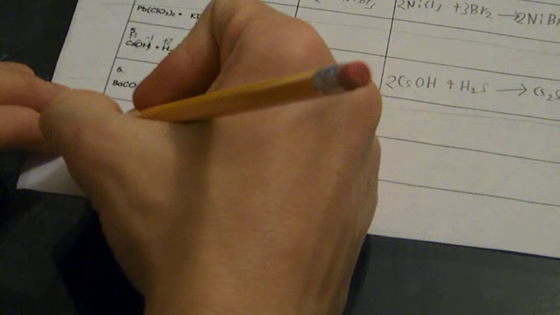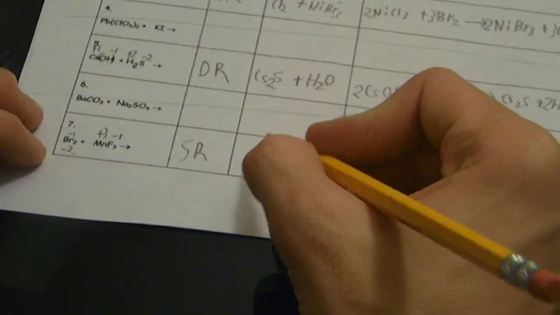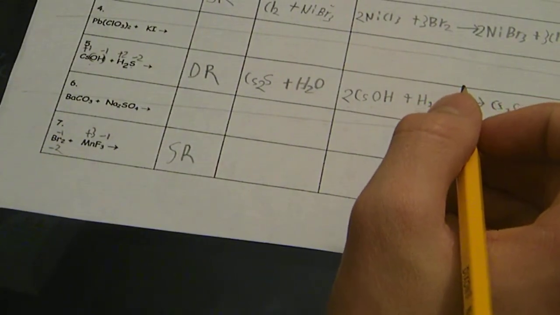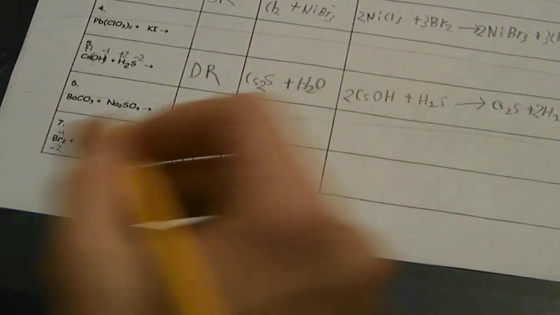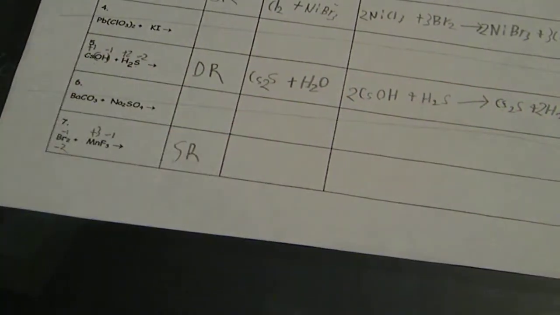Then Br is a minus 1 charge, but there's 2 of them, so it's going to be a total of minus 2. So then writing the products, so that's a non-metal, so the non-metals will be switching, not metals. So you're going to get